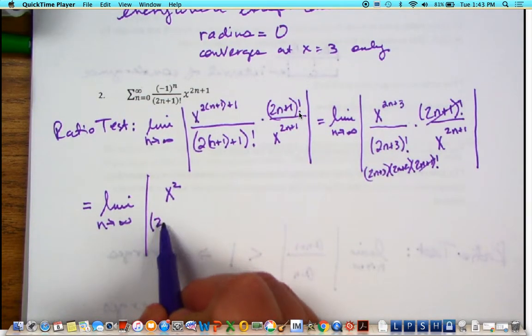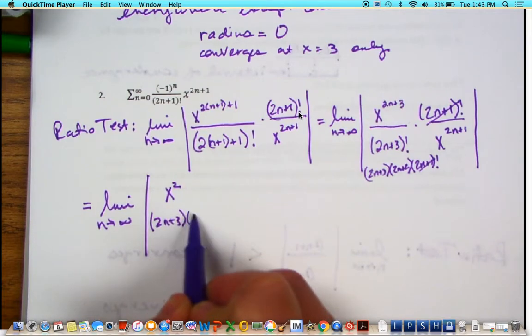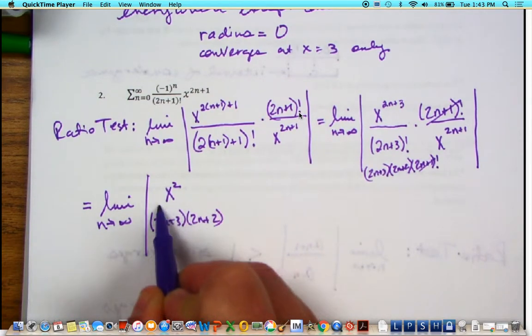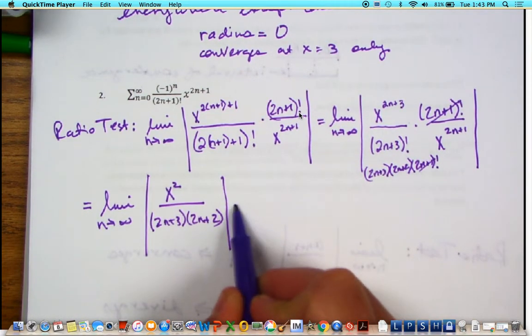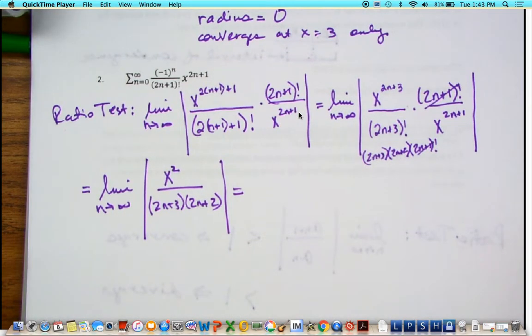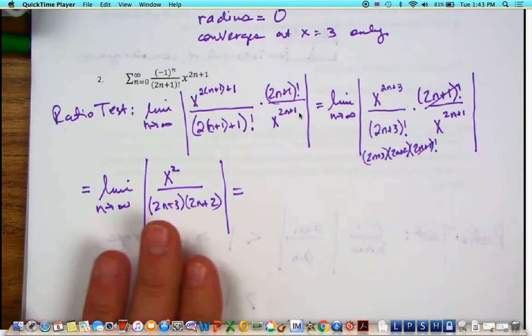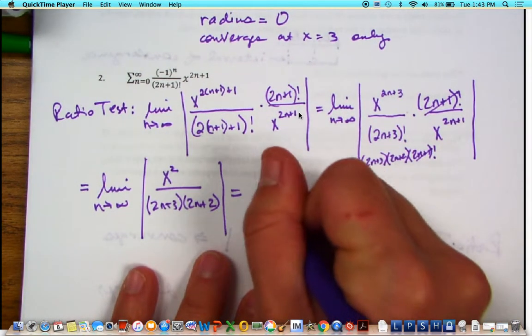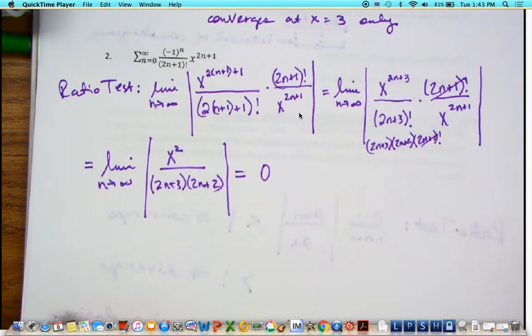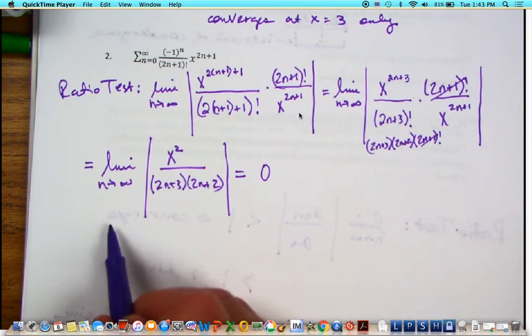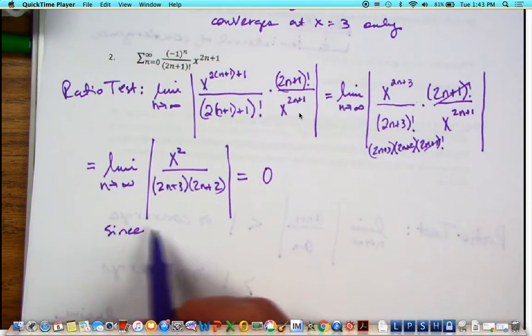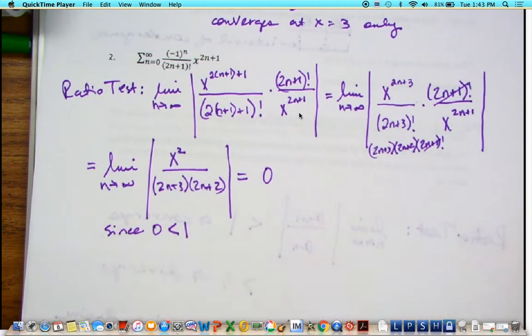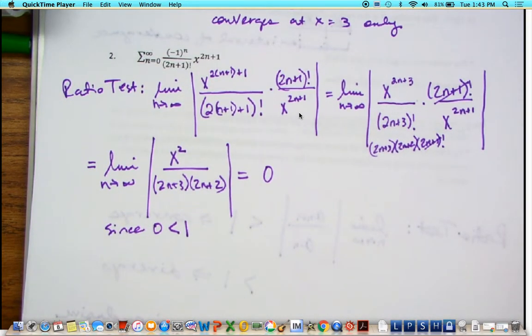So I'll be left with 2n plus 3, 2n plus 2 in the denominator. Yes, and the limit of this as n approaches infinity is 0. So it converges. Since 0 is less than 1,